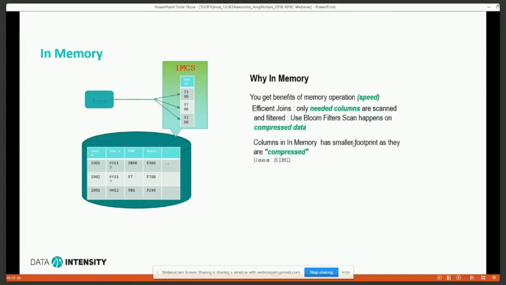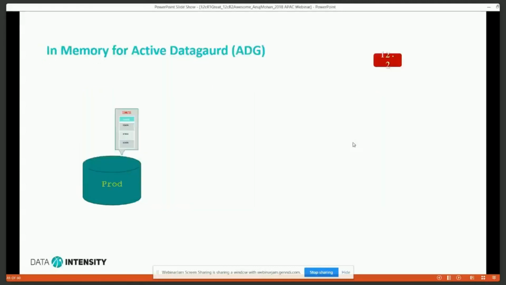And then you have an option to use SIMD, single instruction multiple data. Within 12.1, you can use aggregation using the vector group by clause. With 12.2, there was